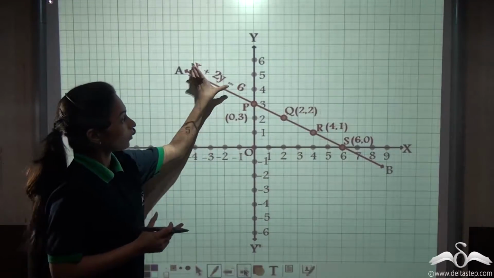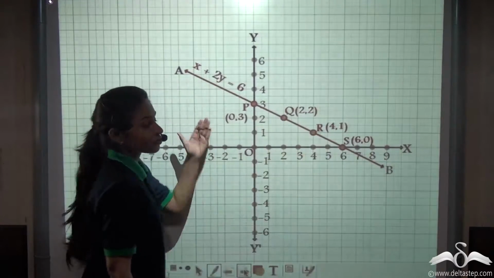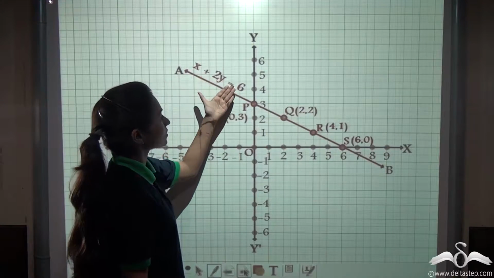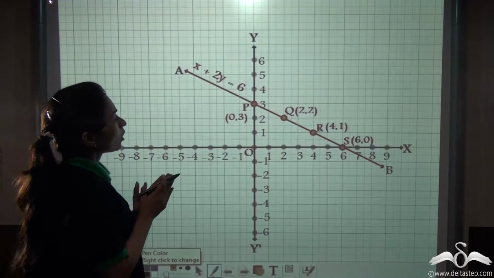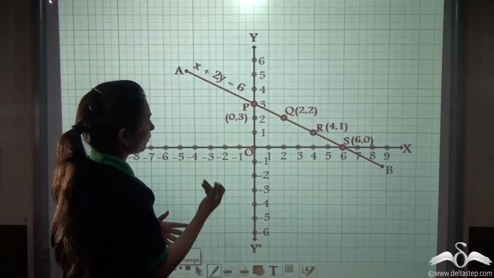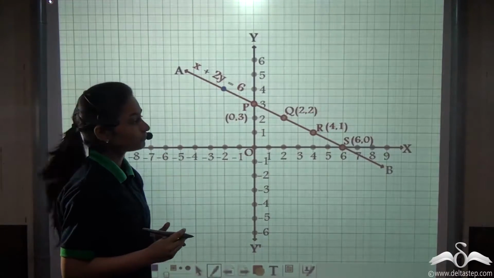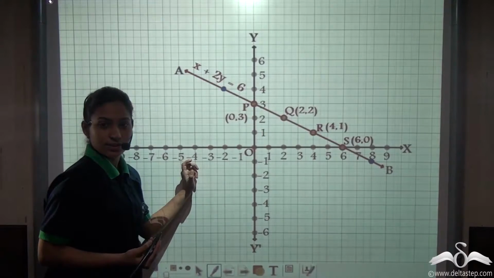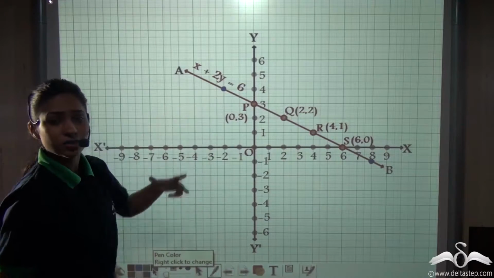So now you know how to plot an equation on a graph. This is how we have plotted this equation on this graph. So this line AB represents the equation x plus 2y is equal to 6. Now let us notice one more thing. Do you see that this line also touches other points as well? For example, this point. This is also lying on this line. Or if we look at this side, you can see this point. This is also lying on this line. Well, let's name these points. Can you tell me the coordinates of these 2 points?